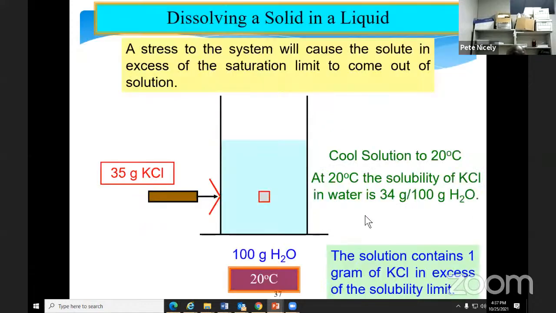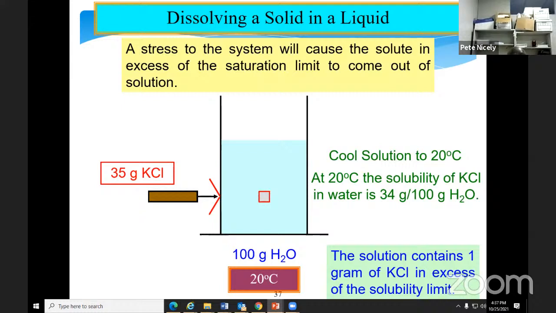So that's an overall description, using this example, of the difference between an unsaturated solution, a saturated solution, and a supersaturated solution. Just to recap, an unsaturated solution is one where the amount of solute is less than